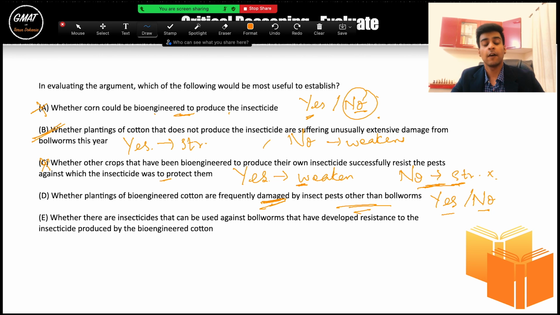And now with the insecticides that can be used against bollworms that have developed resistance. The factor here is insecticides, but which type? The ones that can be used against bollworms that have resistance. But the question tells us they have not developed a resistance. So now this is again talking about a factor that is not relevant to us, and we can eliminate this